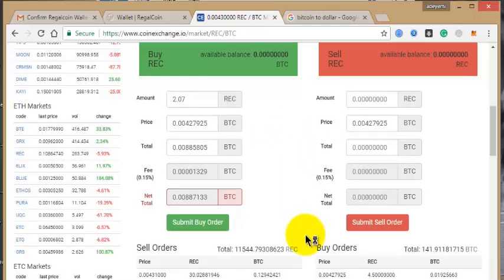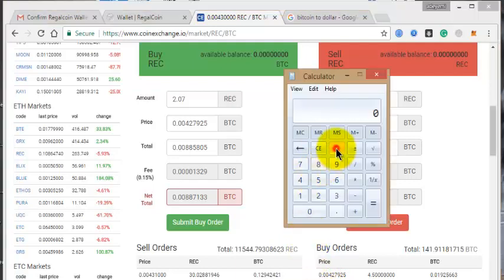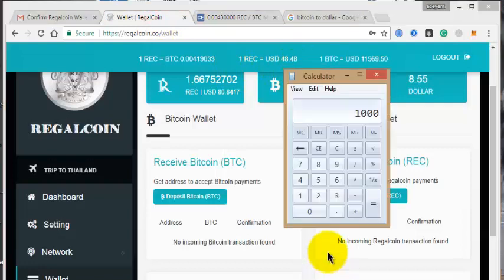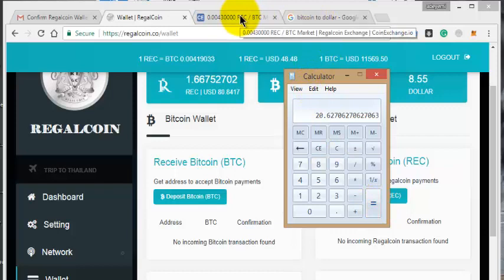Okay, now if you want to fund 1000, the same way you say 1000 divided by 48.48, so it's going to be 20 points.